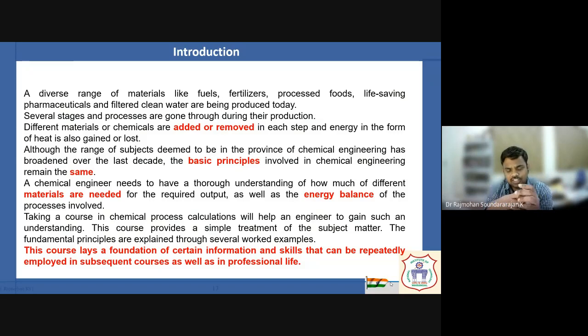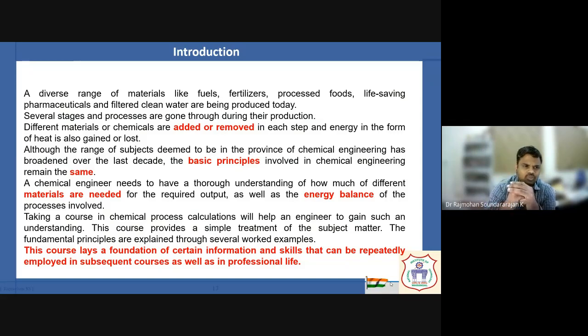Energy can also be evolved. Sometimes heat may be absorbed, for example, endothermic and exothermic reactions. Heat may be absorbed by the system or liberated from the system. Apart from it, if a phase change is taking place, we may have to vaporize a liquid into vapor, or condense a vapor into a liquid. In all these things, energy is consumed, right? So we should know how much energy we need to supply to the system. For that, at least we should know the amount of material that is being processed.